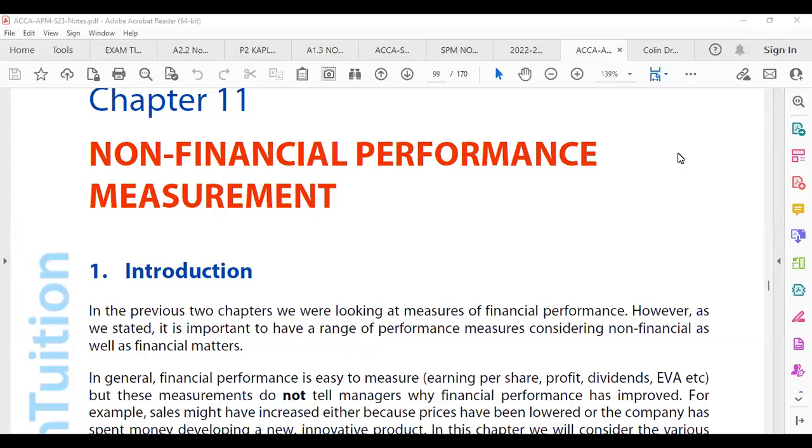We went through transfer pricing. We did a question on it. We did a question on how you could be asked to determine the transfer price, and we did a question where they could ask you just to prepare a statement to evaluate the performance. Most likely, those are the nature of questions.